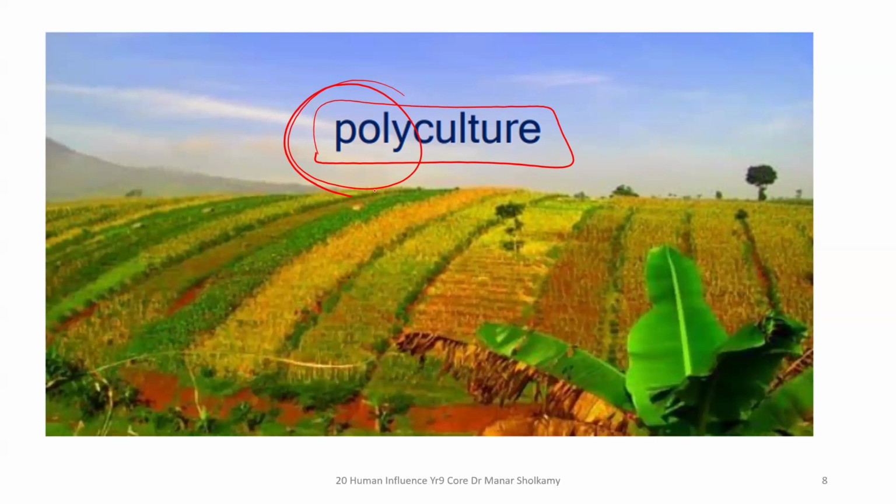More. Of course, more. If you study the list of one type, then the other type will be the exact opposite. We said in monoculture there is less biodiversity. So in polyculture, I have more biodiversity. Your soil will be more fertile or less fertile? More. Of course, more fertile. When I am growing a lot of things, my soil will be very fertile. Is there a chance that your crops will die from disease, or a higher chance or a lower chance?